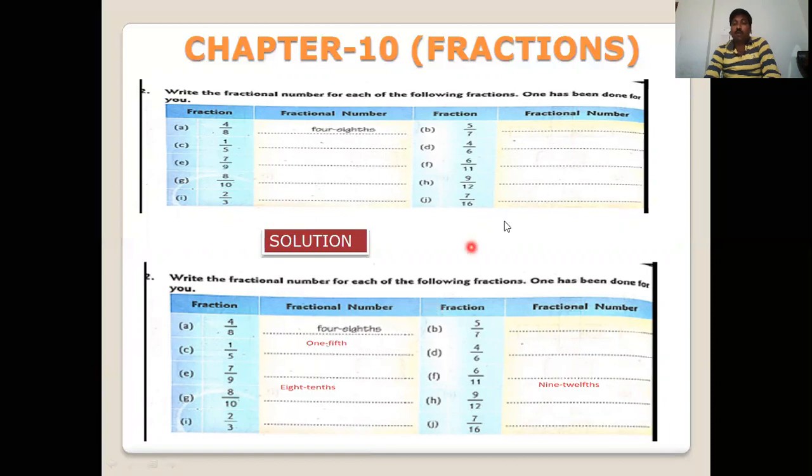Now I hope you have learned how we can solve this exercise, and what fractions are, and how we can write the fraction for the shaded and unshaded part of the whole. And now thank you for watching my video. In the next video we will discuss the next exercises and some parts related to fractions. Thank you for watching my video.